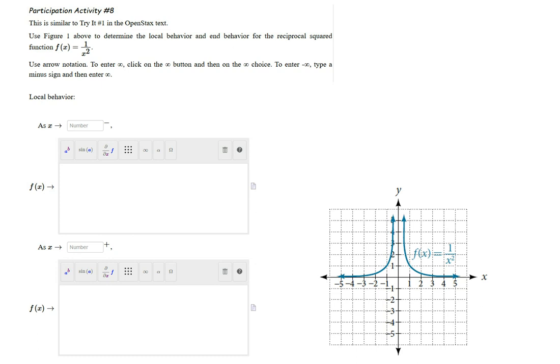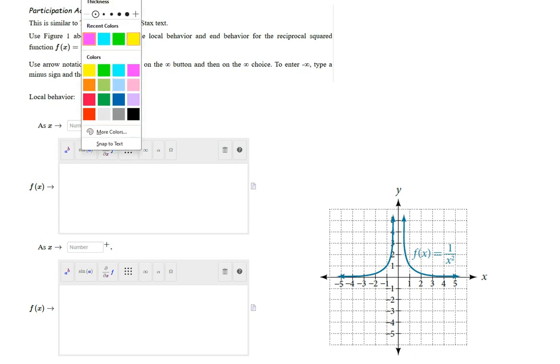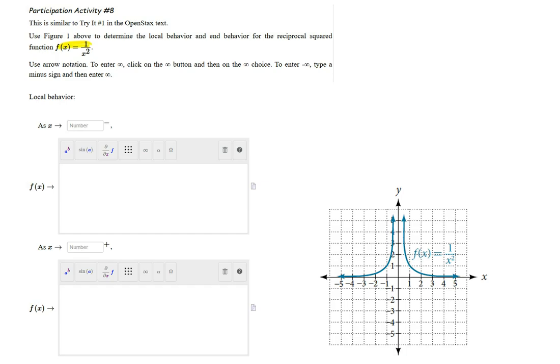For participation activity number 8, they want you to look at graphs and talk about how they behave. There are two types of behavior, local and end. Local is kind of like around the origin. Sometimes they're not right at the origin, but this one is. End behavior is how the graph finishes at both ends, if that makes sense. Our problem is the equation f of x equals